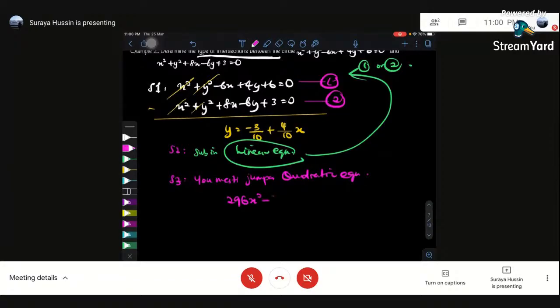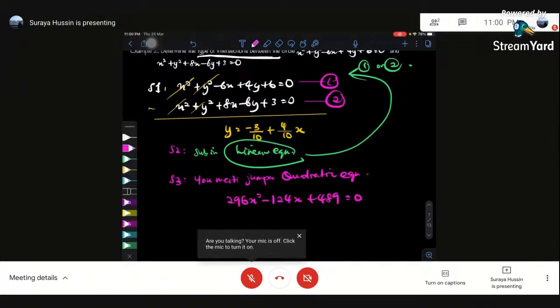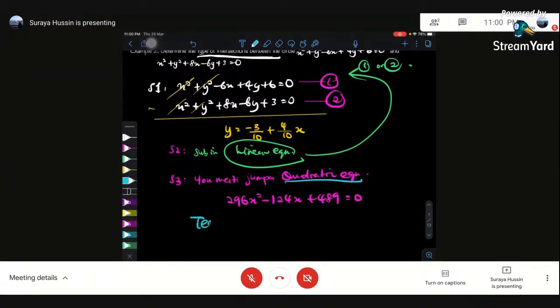296x squared minus 124x plus 489 equals 0. Okay, sorry lah nombor dia agak besar. Tapi bila you dah jumpa quadratic, sama je, step yang sama. Bila you dah jumpa quadratic, you nak kata nak show kan? Dia yang suruh show. Soalan kata show that